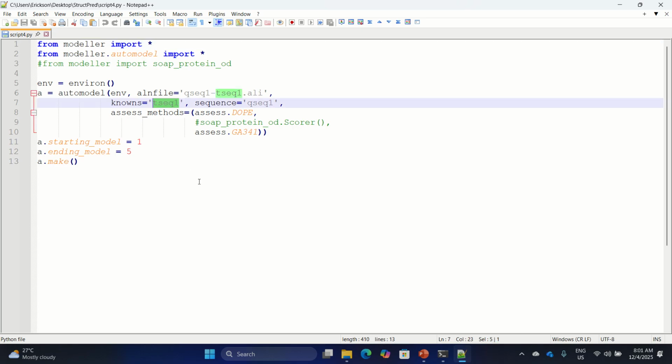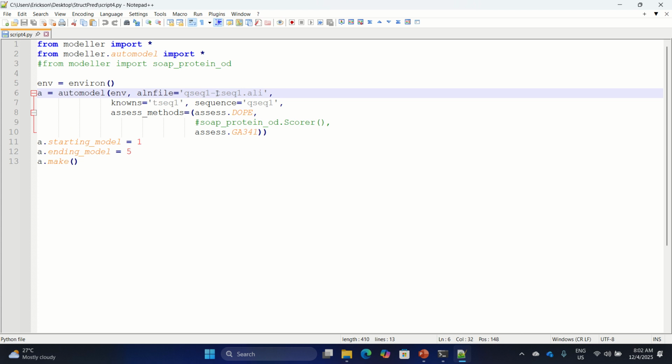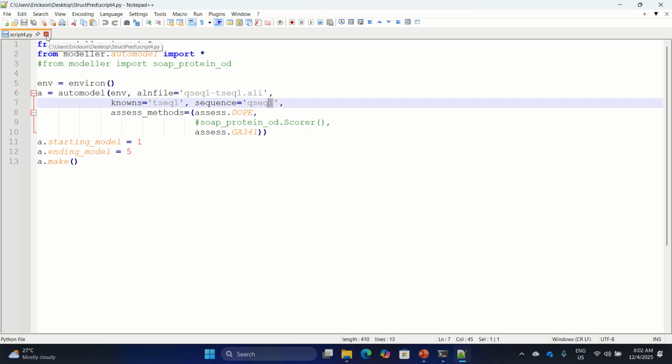So wala tayong babaguhin. Kung ibang tseg yung lumabas kanina, dapat yun ang gagamitin nyo. And kapag binago nyo yon, itong mga 1 dito, papalitan nyo rin ng 2. Wala tayong babaguhin sa script 4.